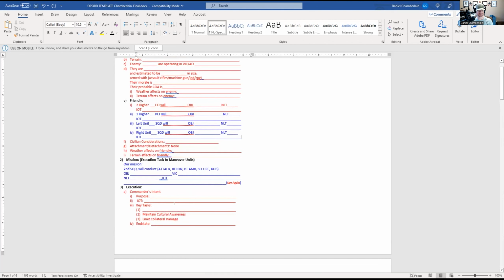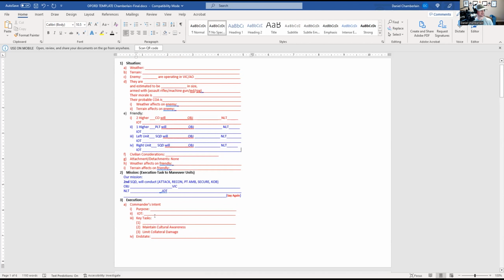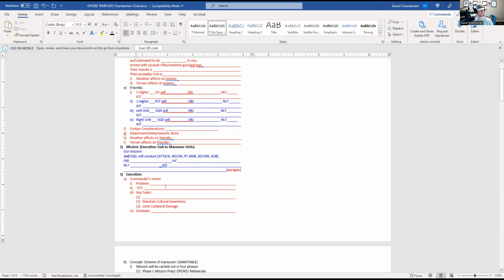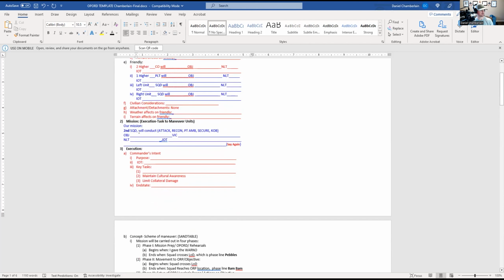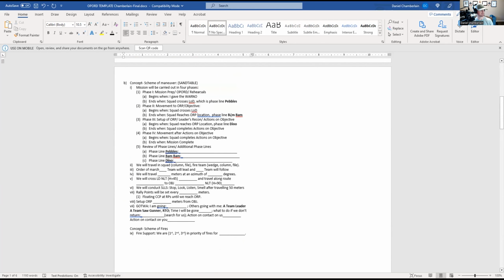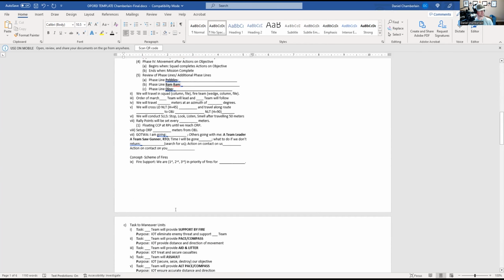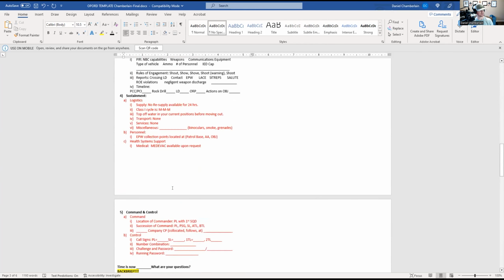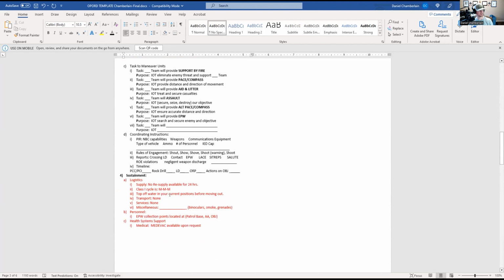You may be thinking this is stupid and it's only in OCS. It's definitely not, okay? Being able to spout off an op order has helped me in ALC when I went to my PME. So it helps a lot. Anyway, you'll notice we have our mission statement here, the execution phase, the scheme of maneuver, concept of operations, et cetera, et cetera. But I still highly recommend you get something similar to this.